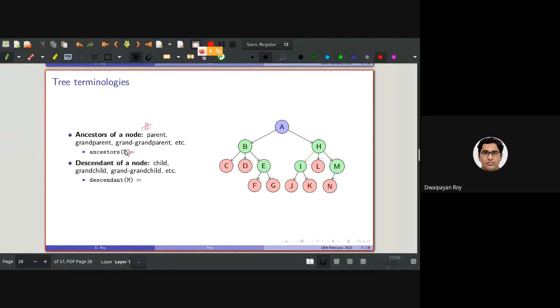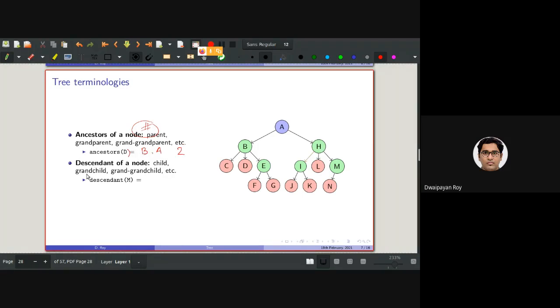So what are the ancestors of D? Please answer. B and A. So if I consider the count, it is 2. There are 2 ancestors of D.